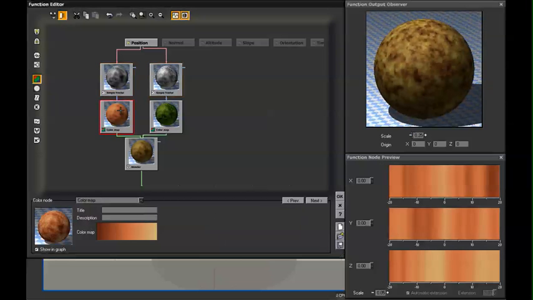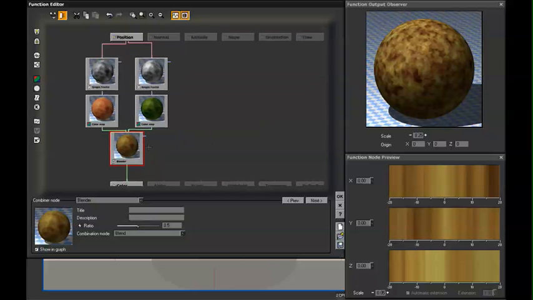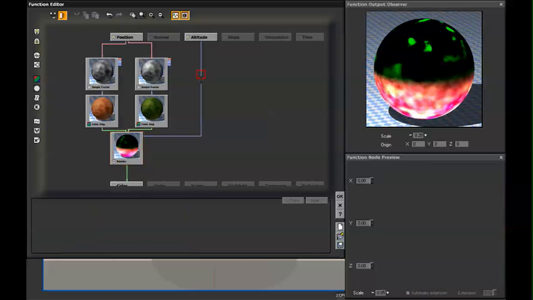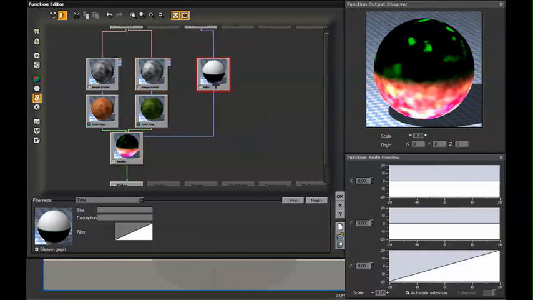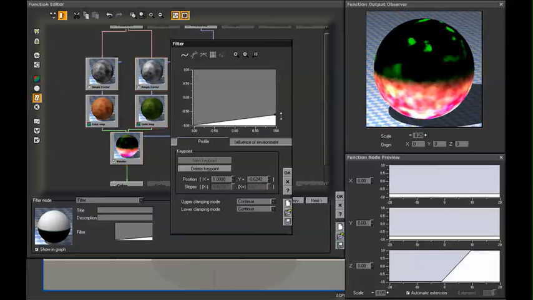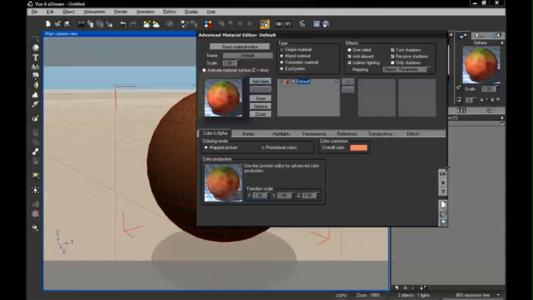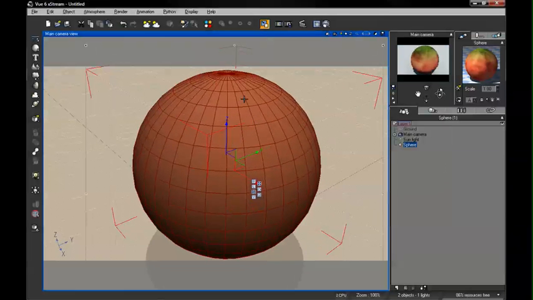But right now we just have a blend between these two with the standard ratio. But what I'm going to do is take our ratio and connect this to our altitude. Now right now it's going to give us some very extreme colors. So I'll go in here and add in a filter. And we can edit that filter just as we did before. And then if we take a look at our sphere, we can see the green on the top and the red on the bottom. So that's a really cool way we could set up